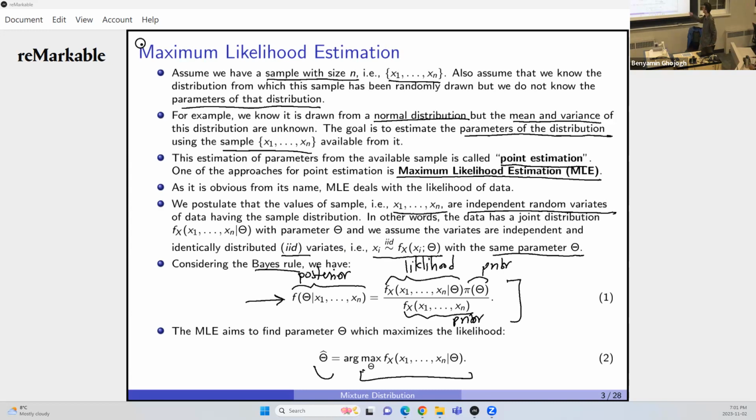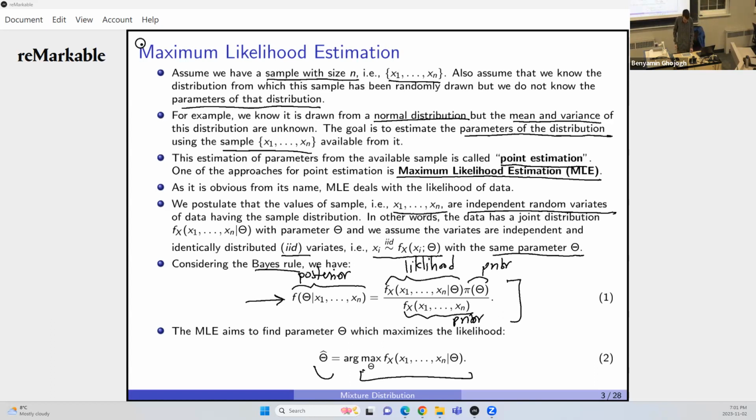And its proof is so simple that when Bayes, for the first time, wrote it, he thought that this formula is ridiculous and didn't even announce it. So it was very simple, but it is a very powerful formula. And then we said that if we maximize the likelihood with respect to the parameters, that's called maximum likelihood estimation,